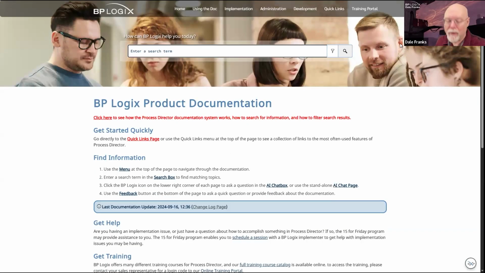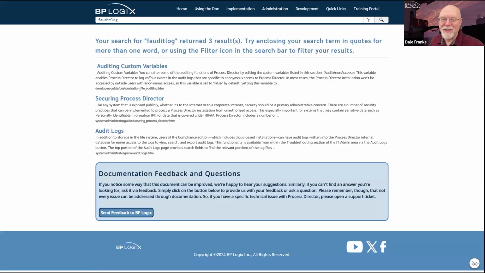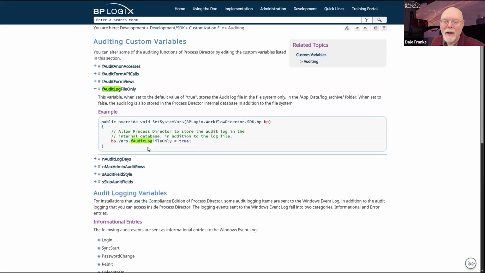So F audit log, I know that that's how the system variable starts. So there's my auditing custom variables. So it's this one, F audit log file only. That's the important one. By default, it is set to true on your system, which means that I'm only going to store log files in the text file that you see on the logs page.